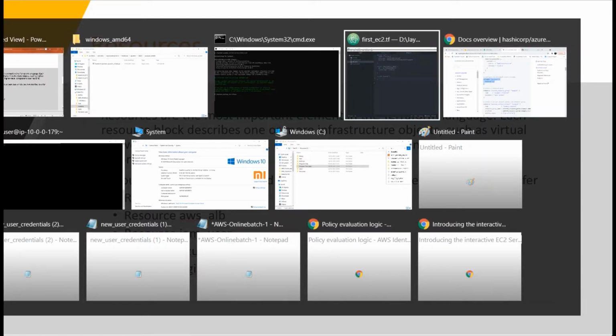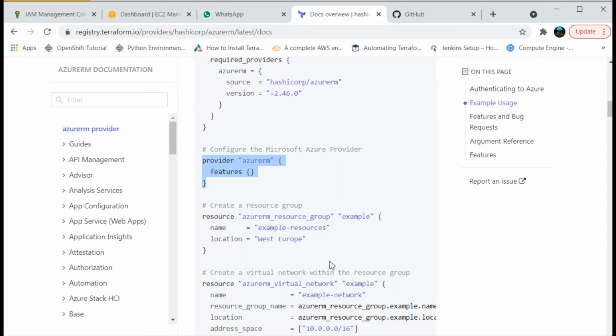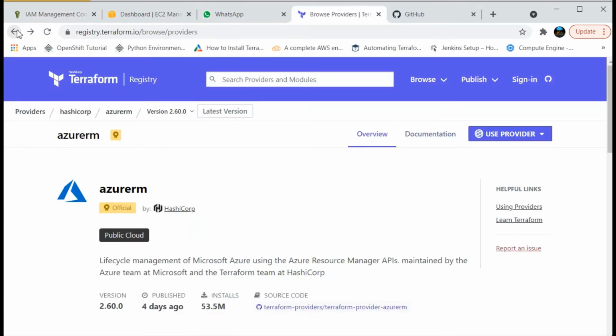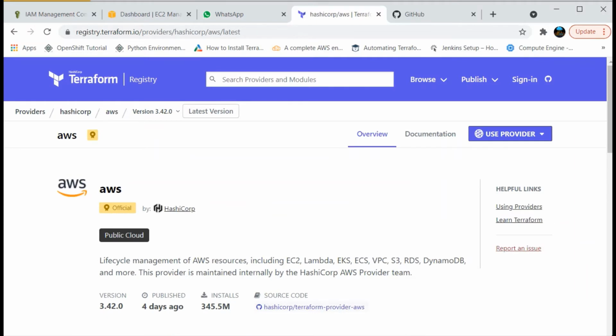I'll show you. If you see here, under resources, even in Azure they are creating a resource group, as well as a network, VNet, we can call it VNet. In the same way, if you observe in AWS also, we have multiple resources.